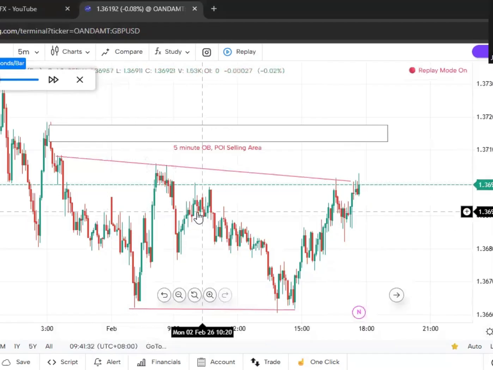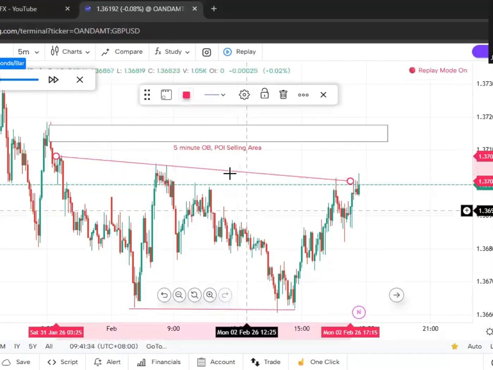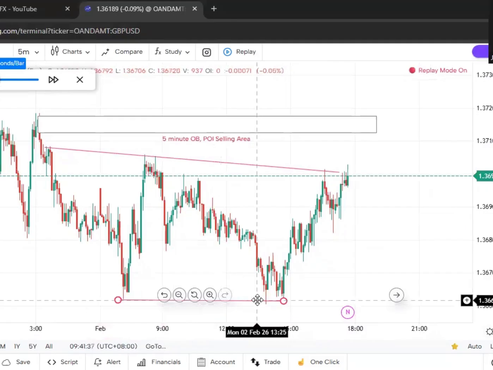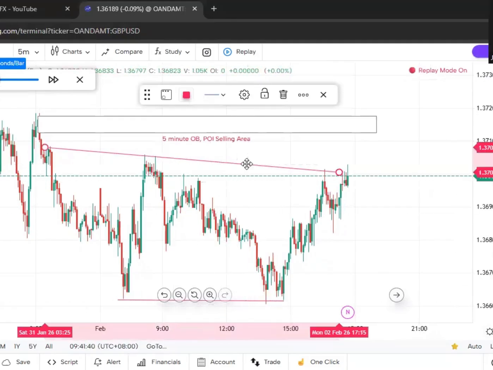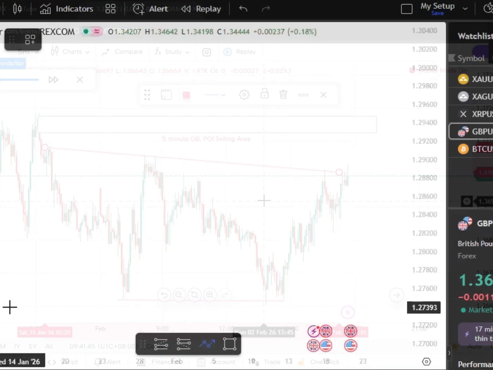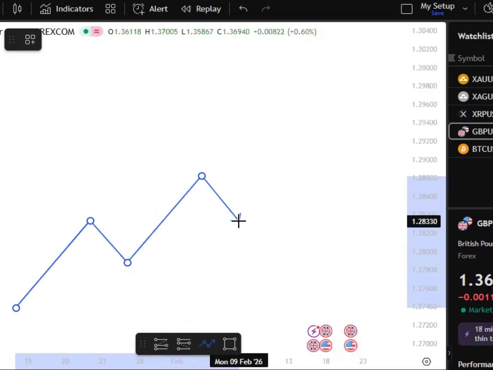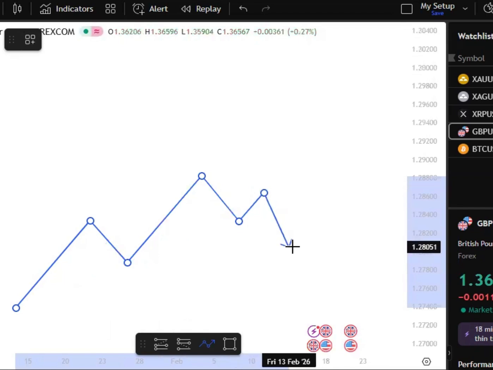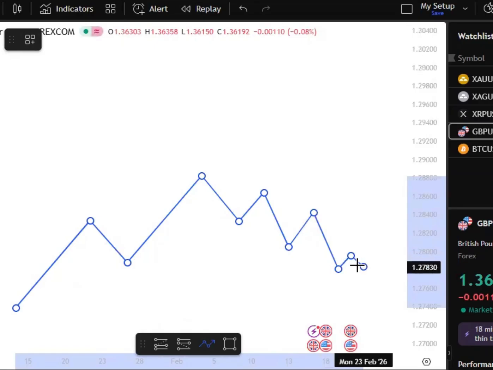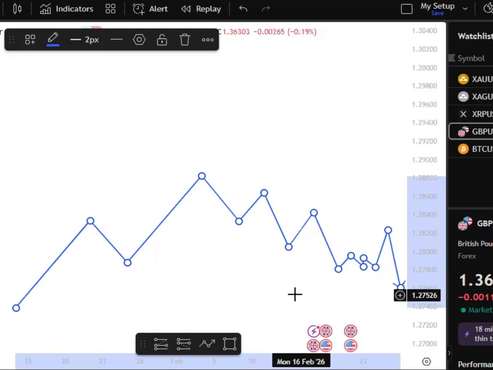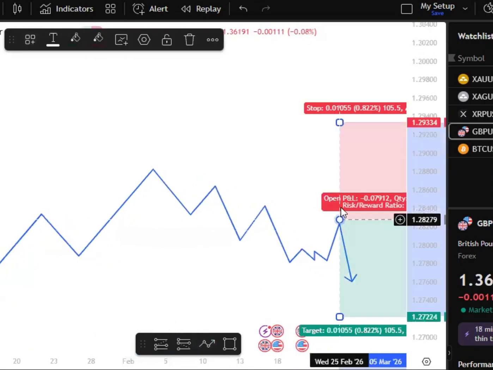You just need to identify the liquidity. Come on, guys. That's it. Liquidity. Okay, let me put a full example for you to understand. So the market is making this higher high, higher low, higher high. But when it retraces to fill the imbalance, it's slowly making this lower high, lower low, lower high, lower low, and creating this microstructure which created liquidity. Now, this is where we enter on the 5-minute chart, right here in this area.